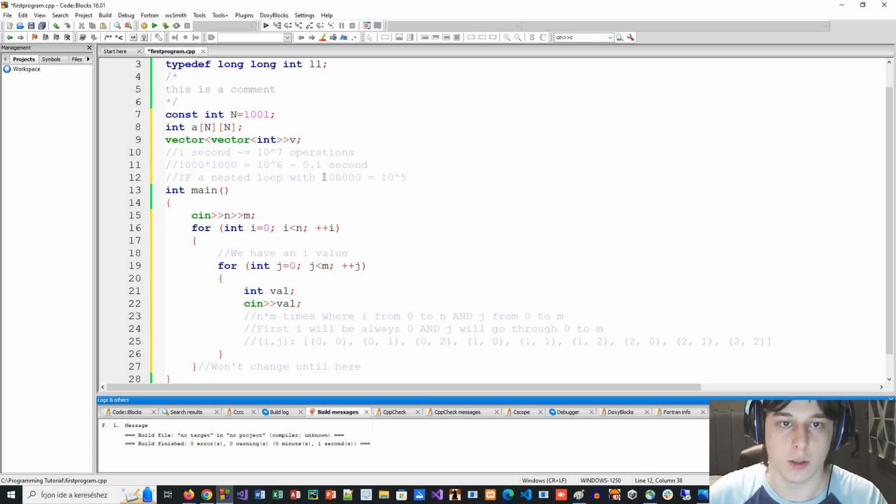So if the nested loop has 100,000 steps, then we need to multiply it by itself because we have a nested loop, which is equal to 10 to the power of 10, which is really high and would take about 10 to the power of 3 seconds, which would be 1000 seconds. So as you can see, we need to be careful because we can run out of time